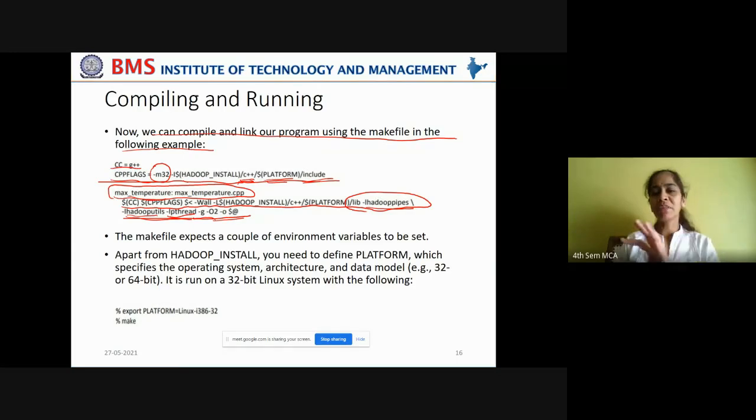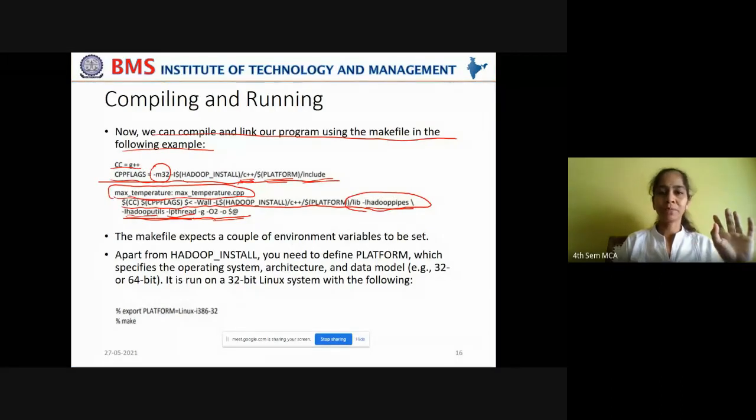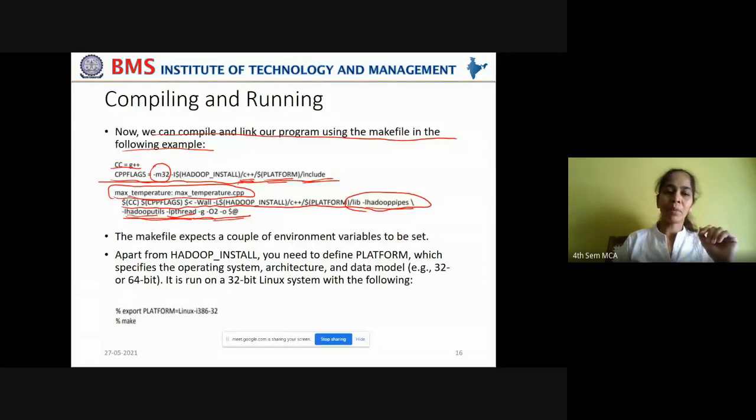You need not remember this entire template. This is the predefined syntax in order to run a C++ program in the Hadoop environment. Okay, that much you need to remember. Word to word, it is not necessary to remember. Don't spoil your minds. This is how to compile and run a C++ program in the Hadoop environment. If that much you remember, that is enough.